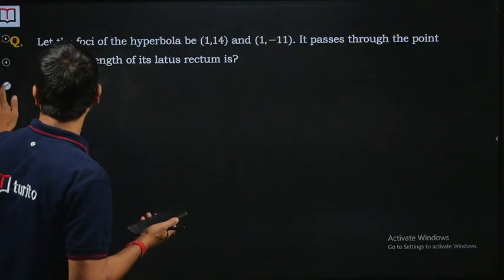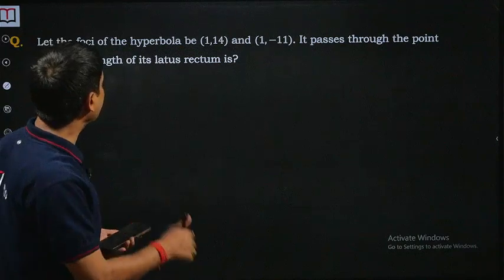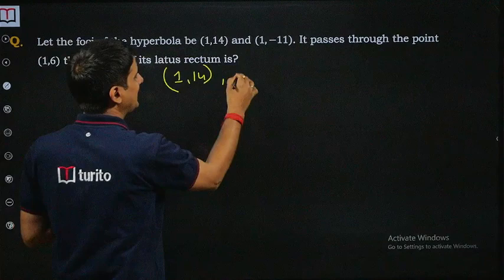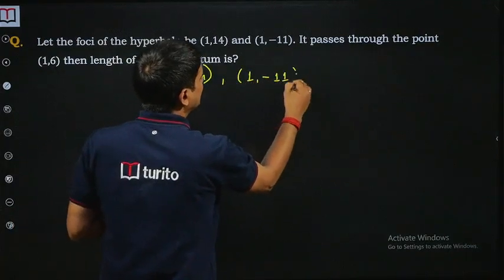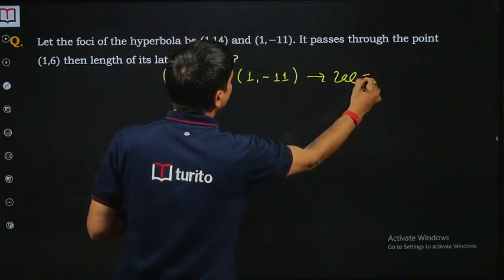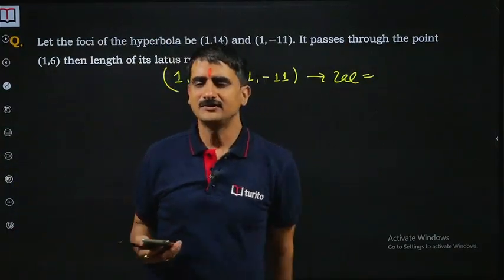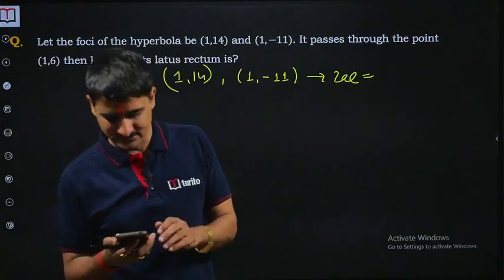So next is this one. Let the foci of the hyperbola be 1 comma 14 and 1 comma minus 11. Distance between foci is 2AE. Now see, I'm using distance relation, so it is independent of whether it is like